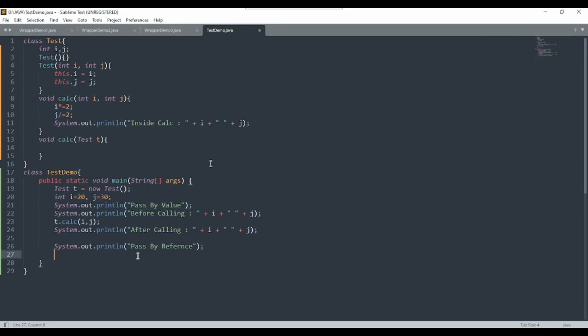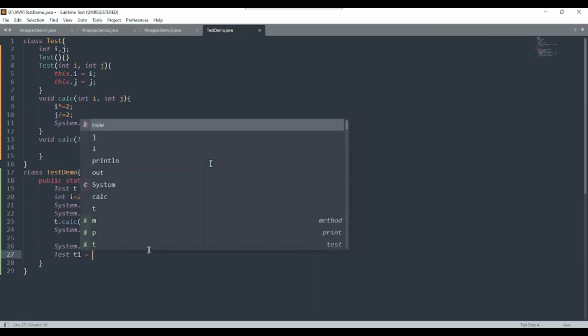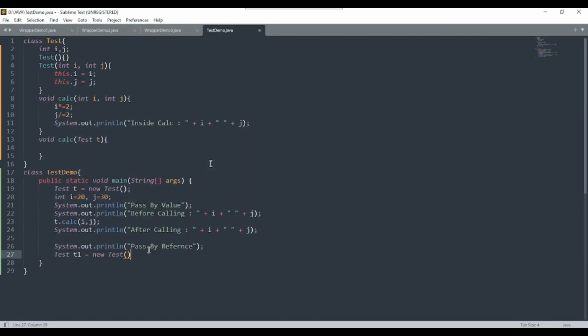class, because I am giving you the demonstration for pass by reference now. Test t = new Test, Test t1 = new Test. I have created an object of the test class. Here I have created an object t. Here I am creating an object t1 with two values. So this will call the parameterized constructor. 10 and 20 will go into the particular constructor, and then I will write over here